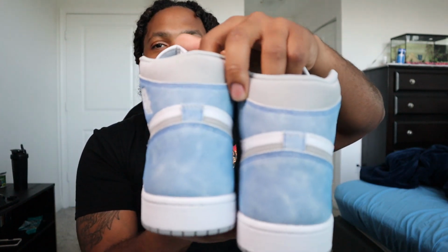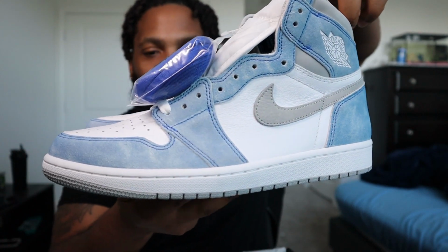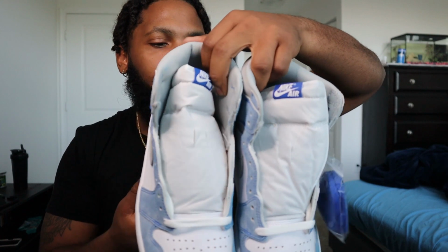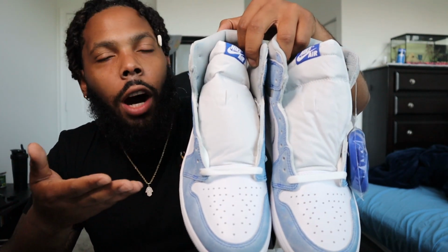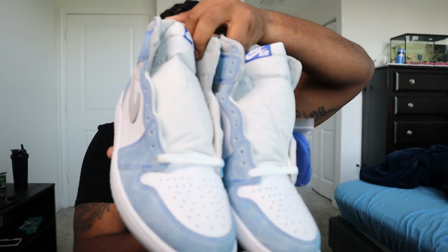This shoe is immaculate. Like, look at the detail, look at the stitching. This shoe came out so perfect that I don't even know if you can wear these. Like, obviously you gotta wear them. I'm gonna wear my pair. But, like, where would you wear this to? You wouldn't wear this to a pool party, obviously, because it's gonna get wet. Anyway, man, let me